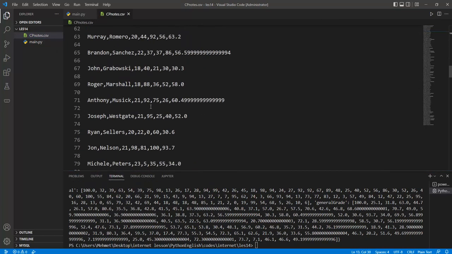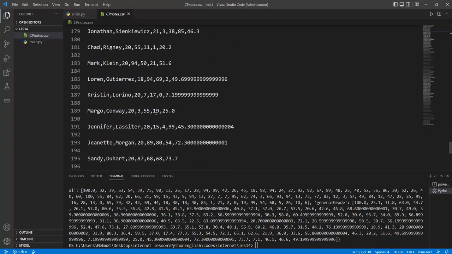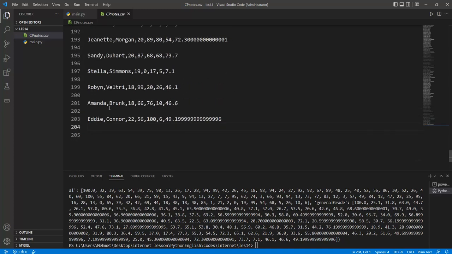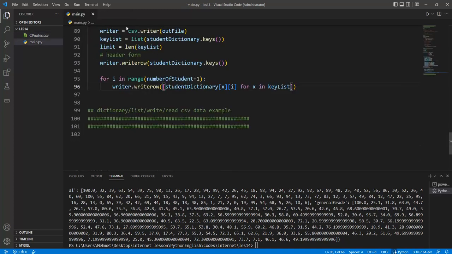For example, if we have this information in here, we have the 200 lines with a specific new line character. In the last line, Eddie Connor is with the age of 22, and so the midterm 1 note is 56, second is 100, and final grade is 6, and the general average of his notes is equal to 49.2, okay. And so these are the lists to inform the users or the teachers. Okay, but